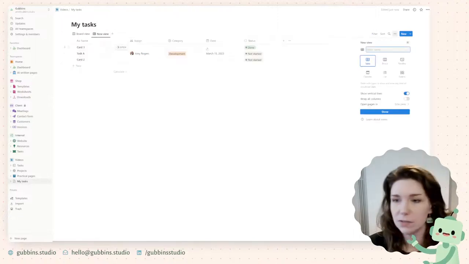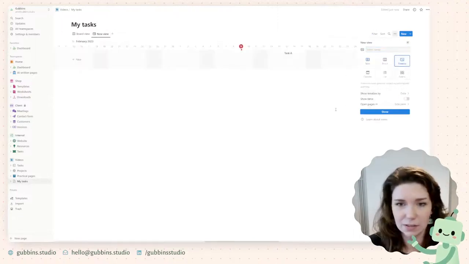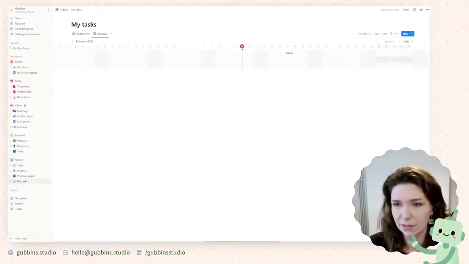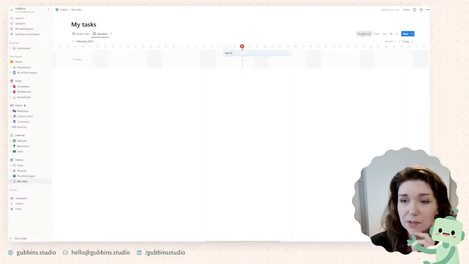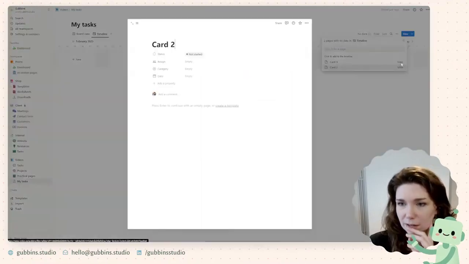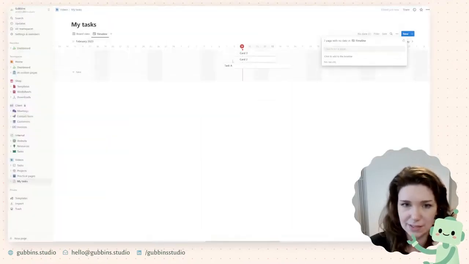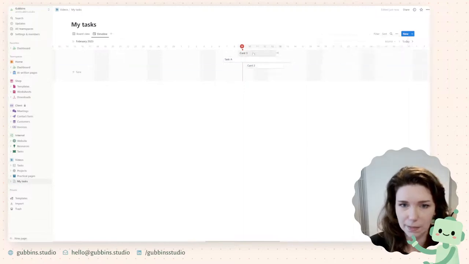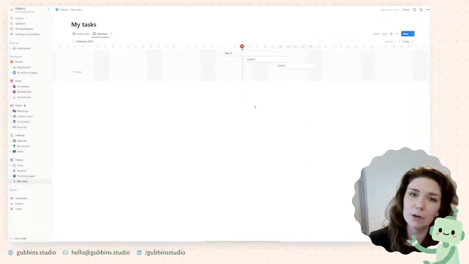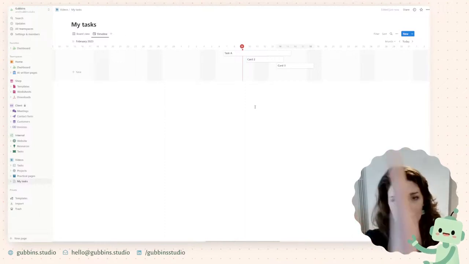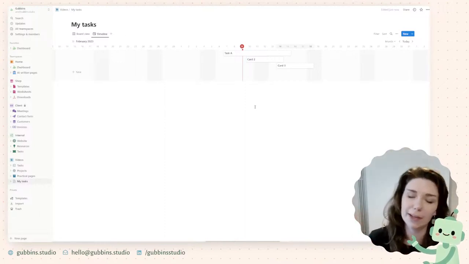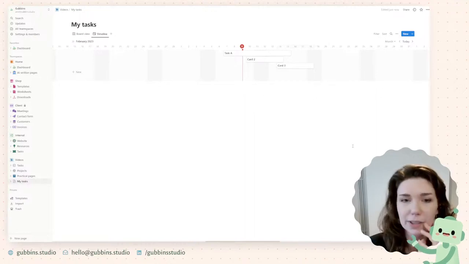Other views, let's just do timeline again, just because we've seen it in other places. It's very handy to have. You can drag to resize in Notion as well, which I really like. Click to add to timeline. There we go. It's easy to drag and drop, so you can, like I was saying before, if you have your current days where the red line is, you can see what you're meant to be working on and how far through it you are.